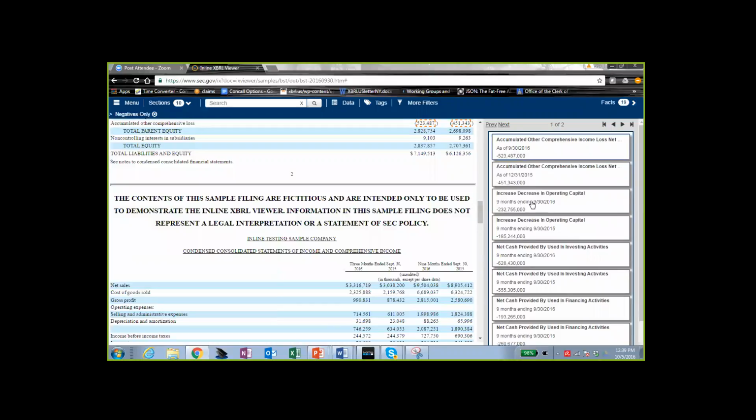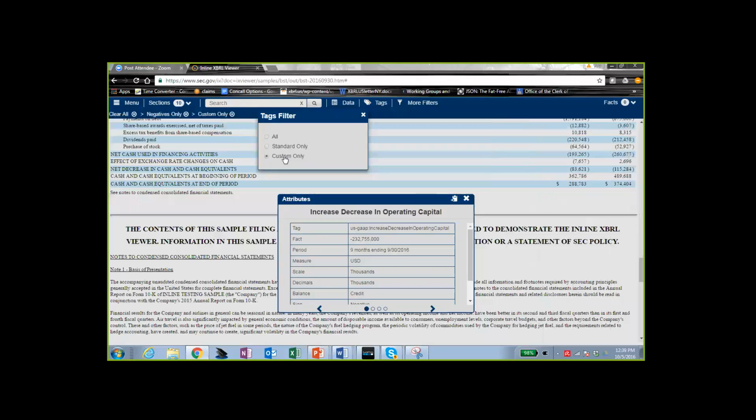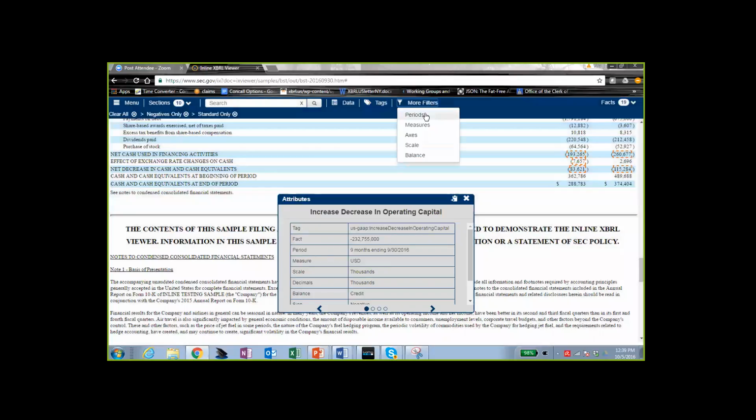So it works that way with the other filters, not only the data filter, but the tags filter could show you the custom elements or standard elements. So if you just want to look at extensions that are created, you can click on that filter. And this one, okay, for this there's facts or 0. Well, let's go to the standard. Well, it's not 0, it's actually 6. But you need to remove the negative filter.